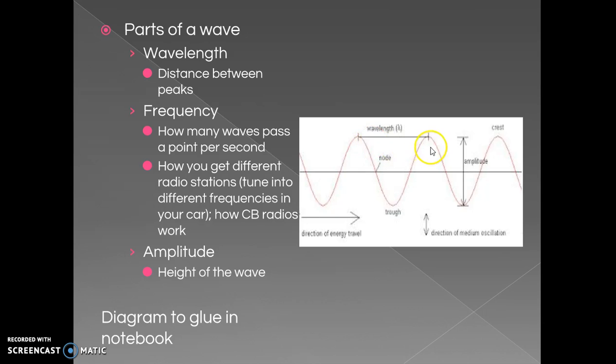So if they're closer together, or if they're taller waves or shorter waves, that amplitude is going to have an effect on the frequency. I'm going to show you a video clip on the parts of a wave that'll explain the difference between wavelength and frequency a little bit better. Amplitude is the height of the wave. And then we can also just talk about the speed of the wave, how fast this particular whole wave is